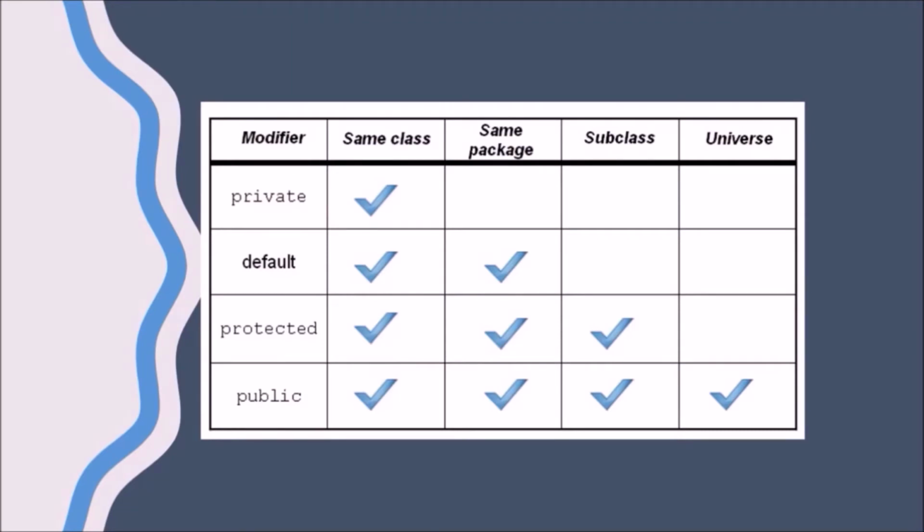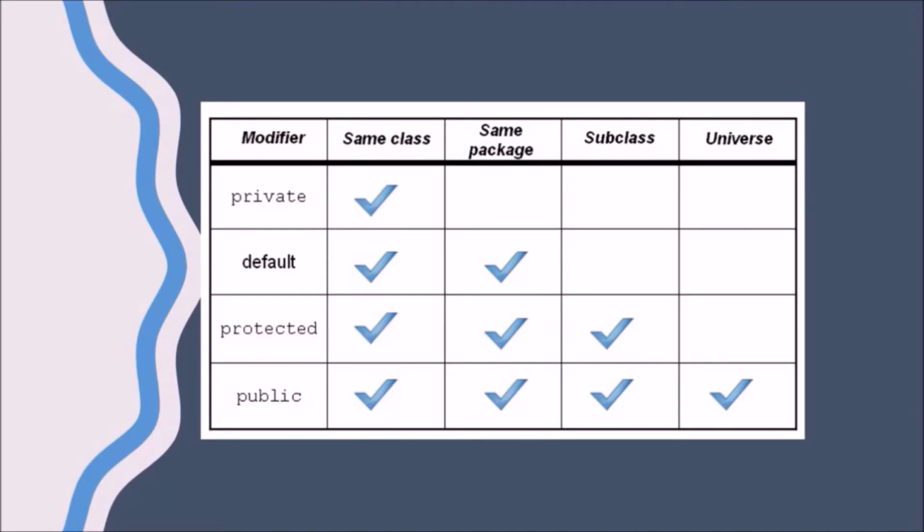In this video, we will understand the usage of access modifiers in Java. The access modifiers in Java specify the accessibility or scope of a method, class or constructor. In Java, we have only four kinds of access modifiers which change the access level of a certain method, class or constructor. So there are only four of them: private, default.